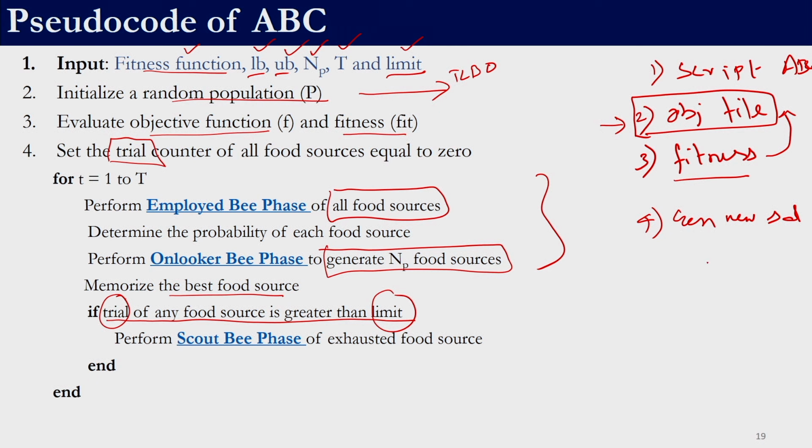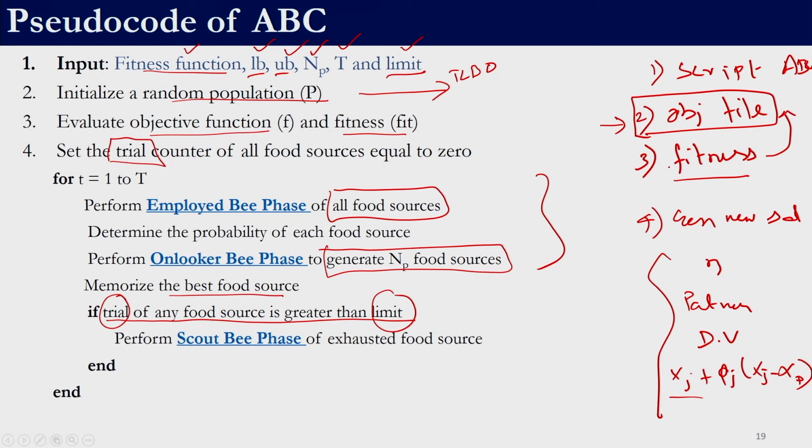For the member, let us say the nth member is undergoing the onlooker bee phase, then we will have to select a partner and select a decision variable which we need to modify, and then randomly vary it using that equation xj plus phi j times xj minus xp. Then we need to bound this particular variable, calculate its objective function, calculate its fitness and perform a greedy selection. If the new solution is better, we need to bring it inside the population, else we will be discarding that, and we will keep track of the trial counter. So, this is common for both employed bee phase and onlooker bee phase.